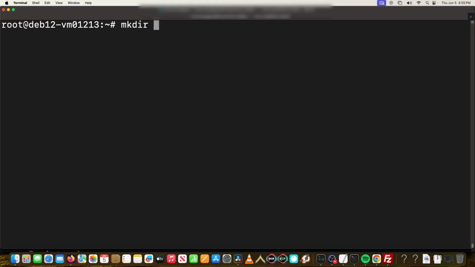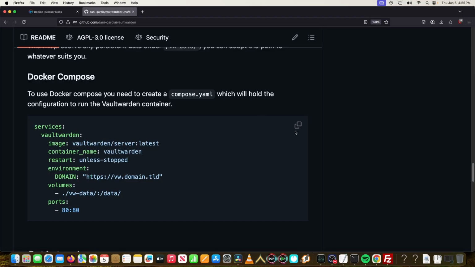So we're going to create a folder for our Docker Compose setup here. And we're going to have a couple different services running here. This is just a demo. You could obviously change that. But the beauty of it is that with Docker Compose, we can have all this start automatically.